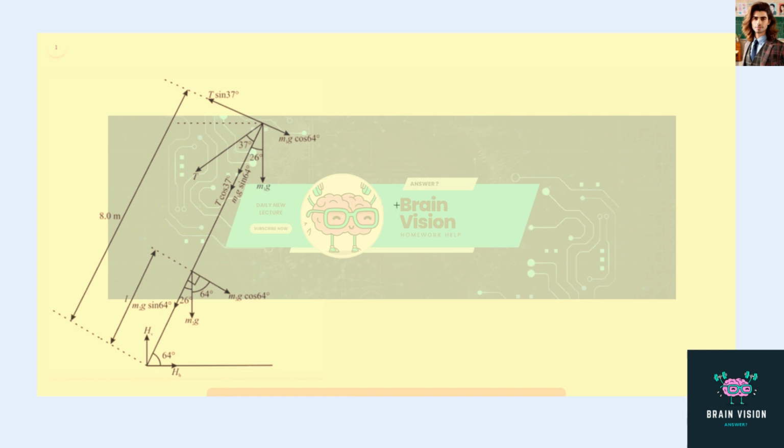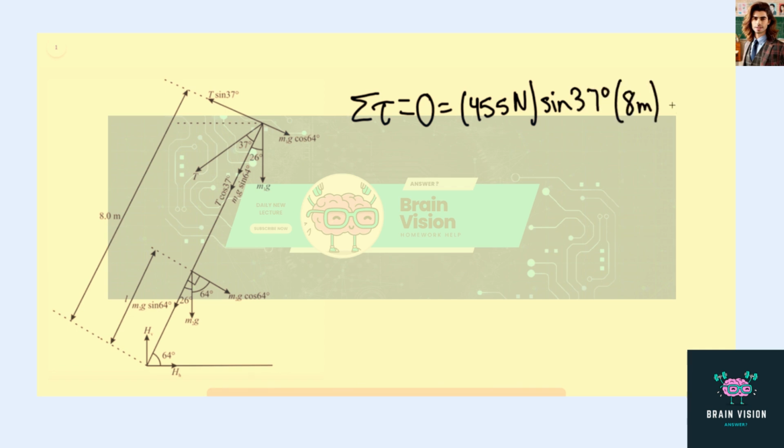So here, if we wanted to find d, the distance, we could take the sum of torques. So this has rotational equilibrium, and we can say that the sum of torques is going to equal 0, which would be equal to 455 newtons times sine of 37 degrees times 8 meters minus 65 kilograms